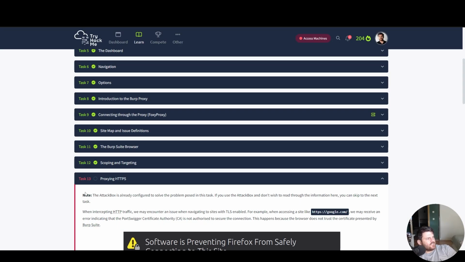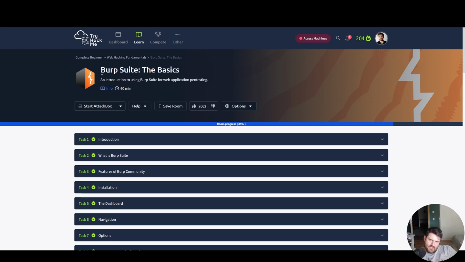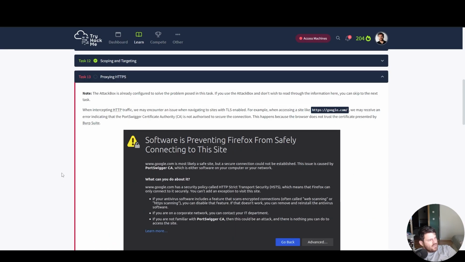Task number 13, Proxying HTTPS. This is part of Burp Suite the Basics, which is part of the complete beginner path that we are doing. Note, the attacking box is already configured to solve the problem posed in this task. If you're using the attack box and don't wish to read through the information here, you can skip to the